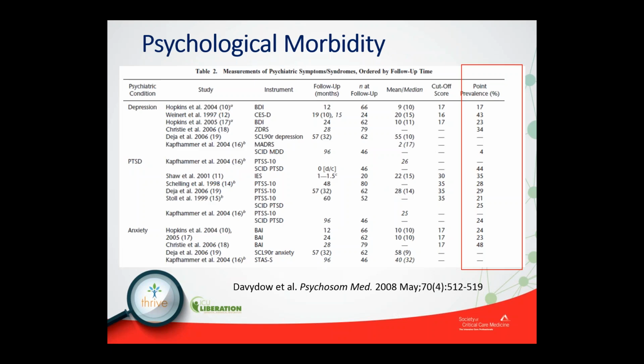If we look at psychological morbidity of patients, that is of ICU survivors, people who have PICS, it is quite concerning. If you look at point prevalence with regard to depressive symptoms, you'll note that in some studies up to 40% of patients have clinically significant symptoms of depression. With respect to PTSD,